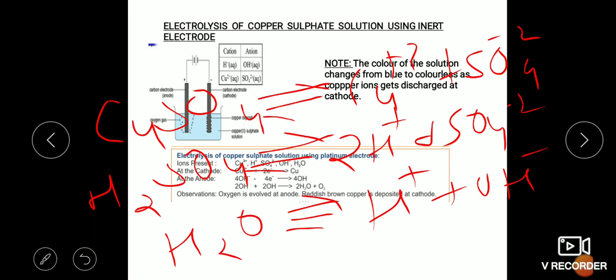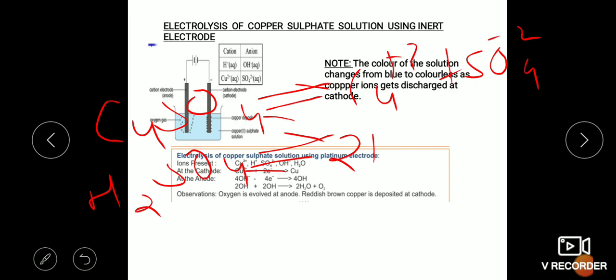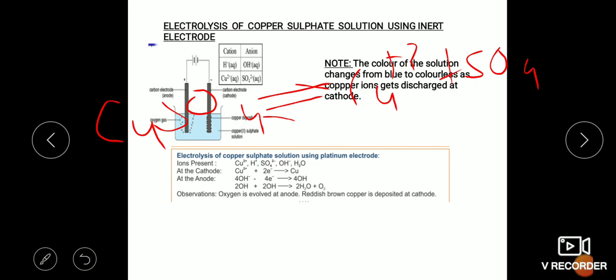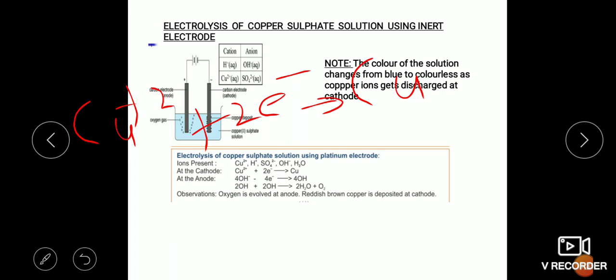Please remember, when you are using copper electrodes, at anode, copper ions were formed, and at cathode, copper ions were deposited. But in this reaction, as you are using an inert electrode, copper ions will get deposited at cathode by the process of reduction, because copper ions will be gaining electrons, and gain of electron is nothing but reduction. So the reaction at cathode will be Cu2+ ion plus 2 electrons will give you copper solid, which is reddish brown solid. At anode, 4 hydroxide ion